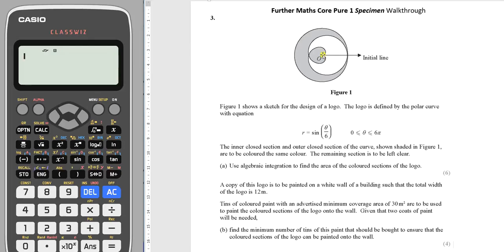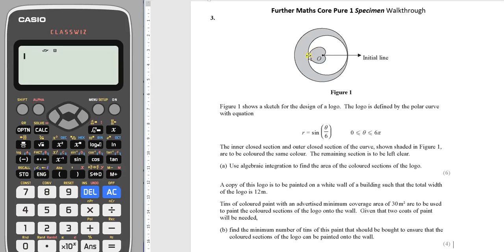So at the beginning, we know r is 0. And then as theta increases between 0 and π, so the first half turn, it must be tracing out this first little section of the curve, because r is going from 0 to, well, it'll be sin(π/6). So in fact, we even know the value here, sin(π/6) is a half. So this must be a distance of a half from the pole. That happens in the first section, from 0 to a half,